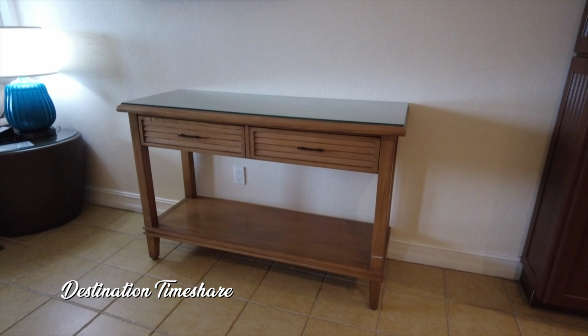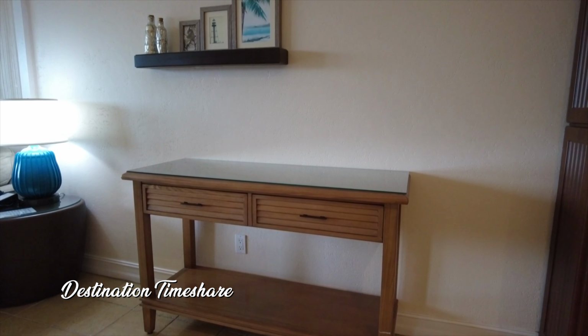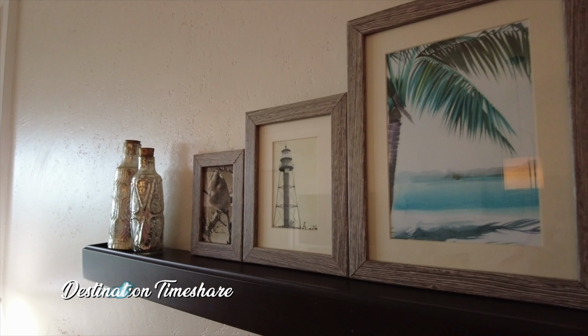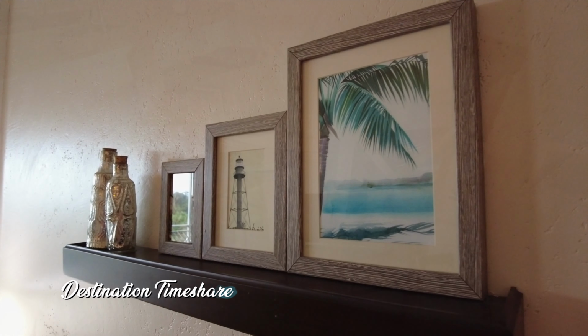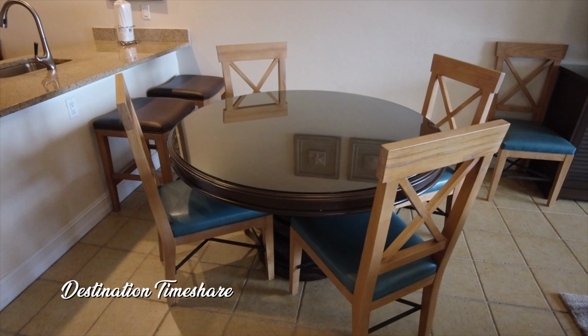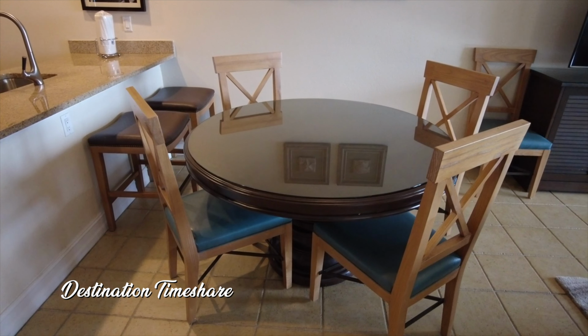Now moving into the villa a little bit more here, you do have this nice table along the wall here, along with a shelf up here, with some pretty nice decorations. Now we'll take a look at the dining room, kind of just a table that's between the kitchen and the living room. It is actually a pretty small dining room table,